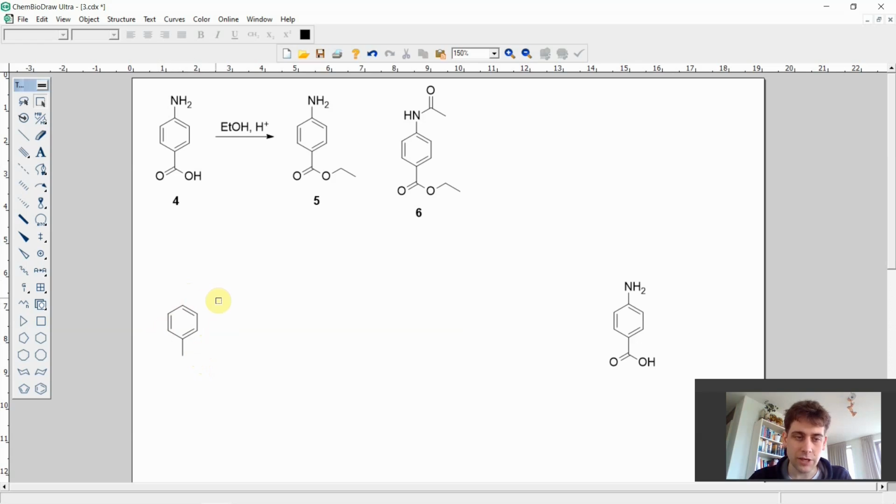And this is something that we can exploit in our synthesis because the amino group in our target molecule is actually in para position. So the first step is somehow introducing a nitrogen-based substituent in para position, starting from our toluene. How can we do that? We can